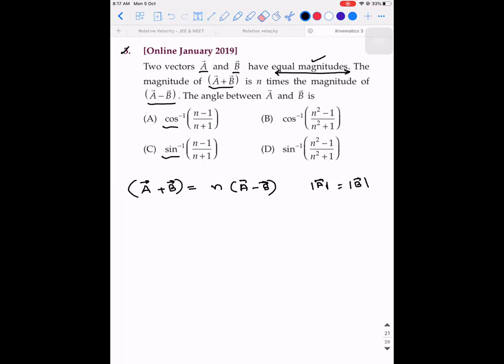See, I am thinking of this concept. A vector dot B vector is equal to magnitude of A vector into magnitude of B vector cos theta. Then cos theta is equal to A vector dot B vector by magnitude of A vector into magnitude of B vector. So this is the formula. I could have applied this confidently if only the relation between A vector and B vector was given, like let's say A vector is n times B vector. But here what has happened? They have given A vector plus B vector is equal to n times A vector minus B vector.